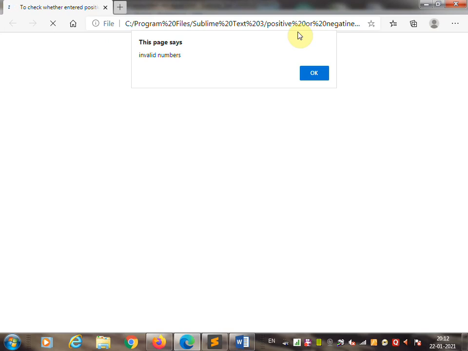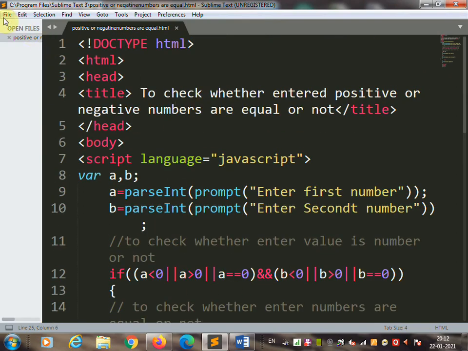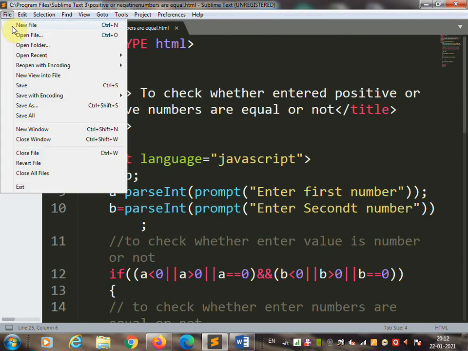Now we will learn the second code, that is to accept a number and display the square of it. So open the text editor and make a new file and start writing the program. Now we'll write the second program, to accept a number and display the square of it. Whatever number you enter, the computer should display the square of that number.